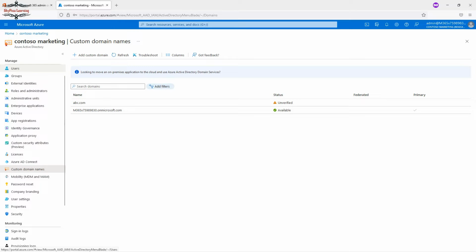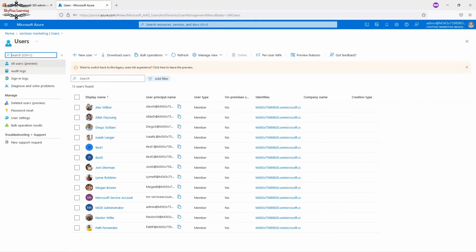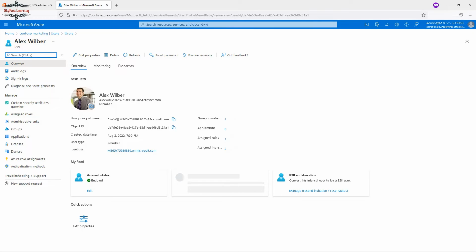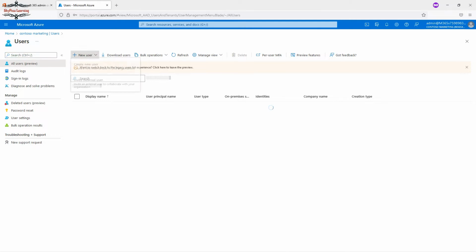So let me go back and show you the users. If I click on this user account, any user identity, here I cannot change the domain right now. But once I have a trusted domain available, I can replace this part as well, or I can change to whatever verified domain I have. Let me show you one more thing over here. If I go into the users and click on create new user,